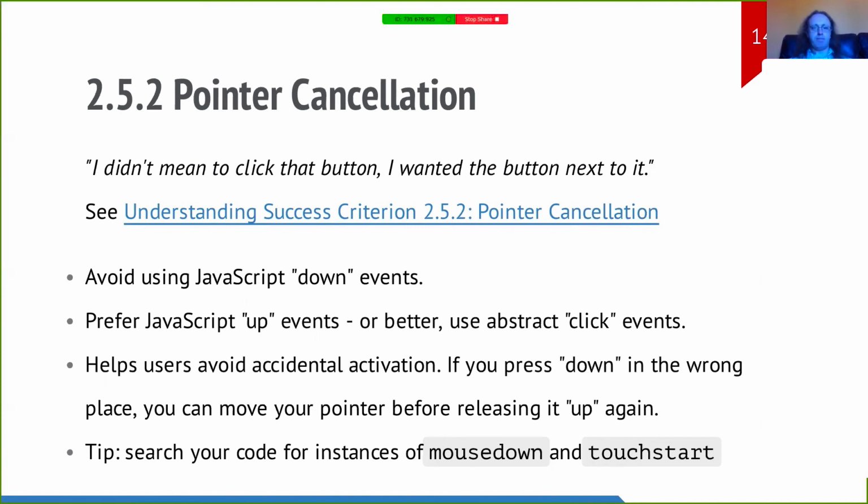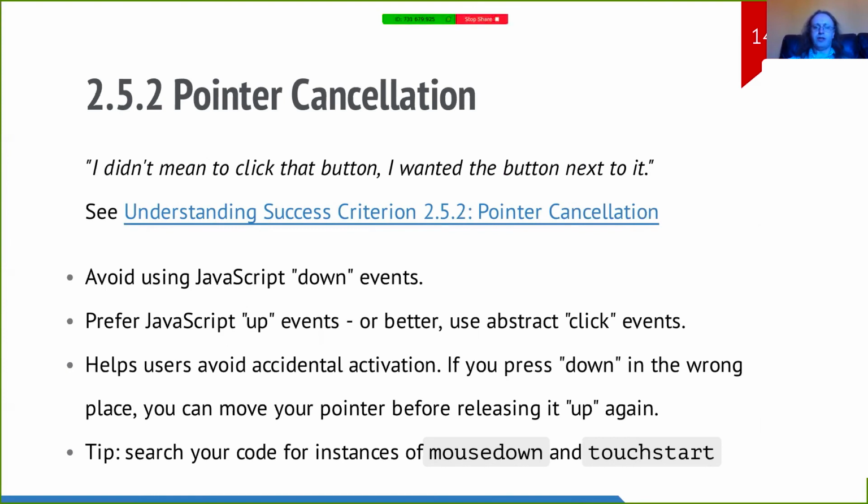And so the techniques for this problem are they recommend using the up events in JavaScript instead of the down events. The reason for this is if you can press down in the wrong place, well, whilst you've got your pointer pressed down, you can actually move it away from the button before releasing it.